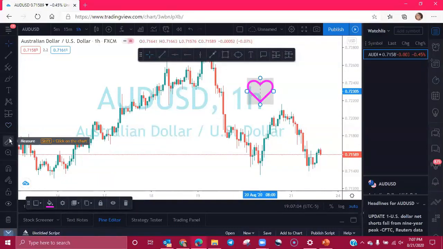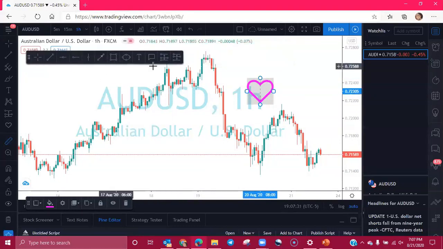Next is the measurement tool. This is a very important tool here. This measures your pips. So you can't save it as a favorite because it's its own tool. You don't need to save it as a favorite. It's always there. So the way you utilize that is you will click on it and you will take it over to your chart and you will just measure from either bottom to top, top to bottom, and it will count your pips. So let's do a little example here.